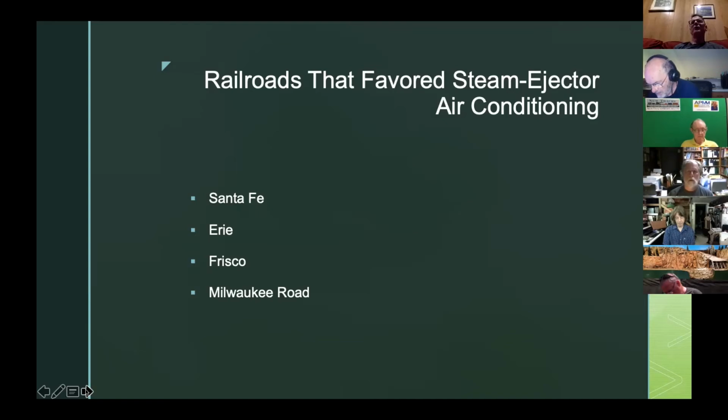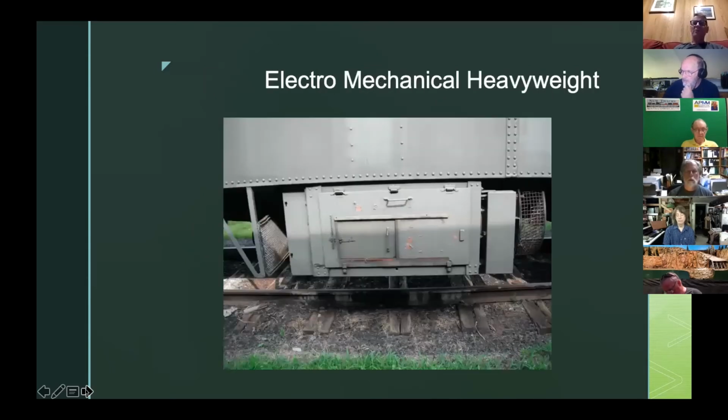I have a book about Santa Fe lightweight cars, and I couldn't see any roof hatches that stood out in any of the photographs as similar to a lightweight car. So maybe if you have a model of lightweights, you're safe. I don't know. Okay. Pullman's favorite air conditioner in the pre-war years and in the heavyweight years was what we